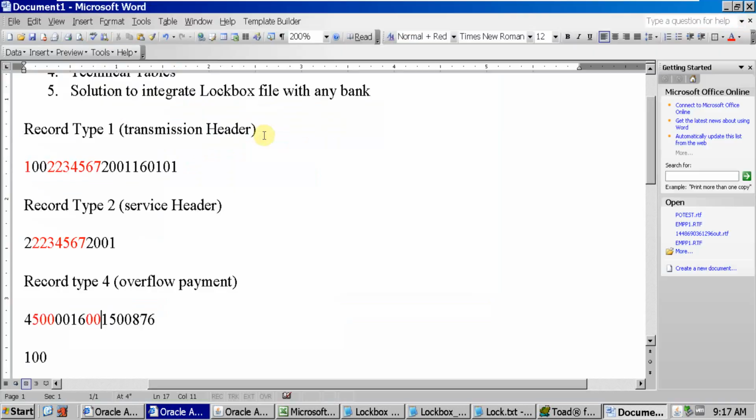This is the same way I am just explaining to you. This is a very simple way. Okay. So if you understand this file structure, you can easily build up and easily do the setup for the Lockbox,